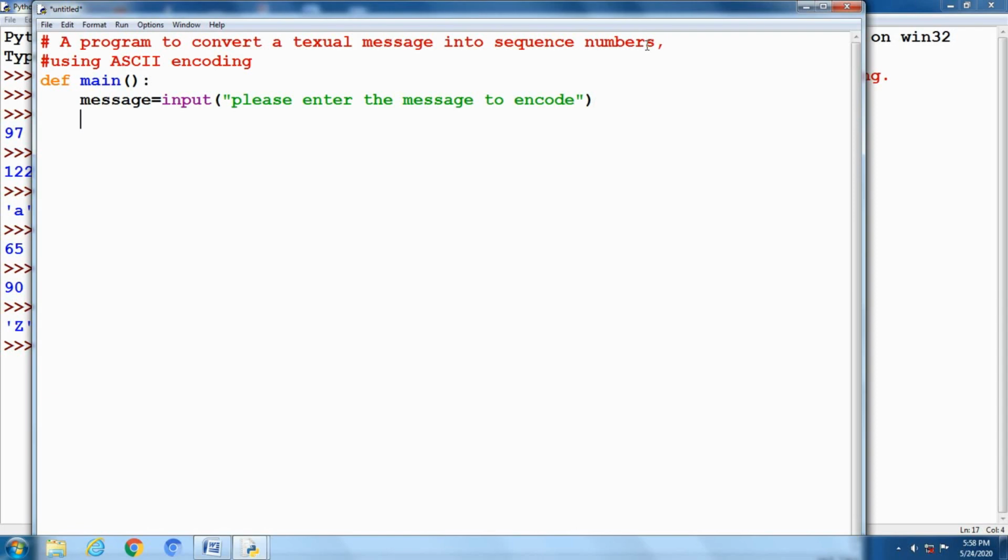Next one, print. I will give it on the next line. Next one, a print statement to print the message on the output screen. Here are ASCII codes.